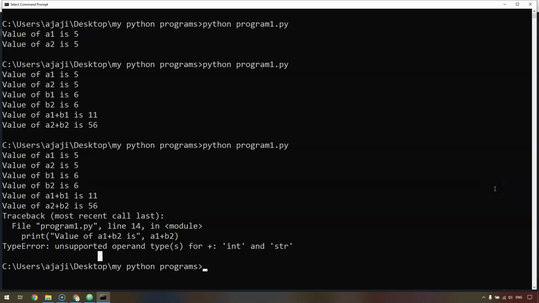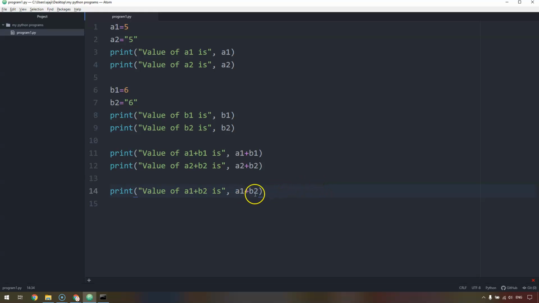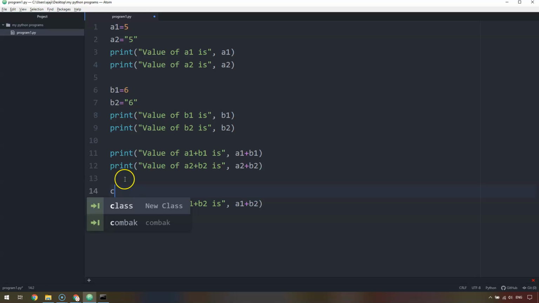Now before winding up, I wanted to show one more thing here in Python where you can convert a string to its corresponding number. So I'm going to clear the screen and go back to the program. So as you have seen here, you are getting an error when you had added a number and string together. Now let me use another variable, say C1. This time I'm going to convert the string B2 into a number. For that, you can just use an int keyword, int, within the bracket, give whatever string value you wanted to convert to a number.